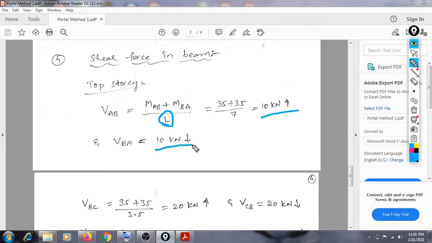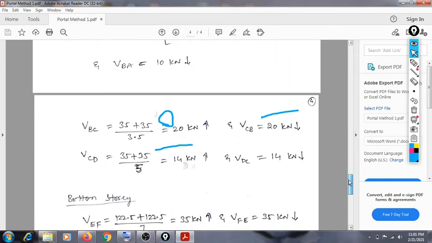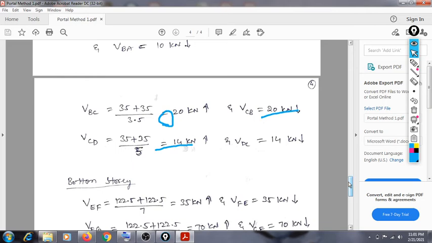First thing, when it is from A to B, the shear is considered upwards, and when it is from B to A, the shear is considered downwards. In the same manner, we have to calculate shear for every beam, like V_AB, V_CB, V_CD, taking the sum of the moments of the corresponding beam divided by total length. So whenever you are watching this video, please have your drawn portal frame along with you, so that you can easily access it while listening to this video.